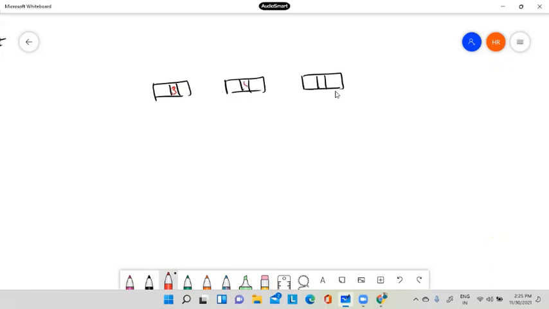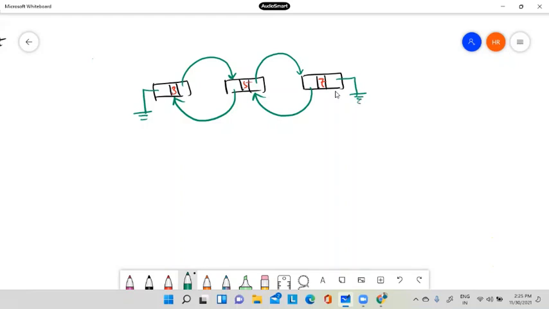Suppose the data is 3, 5, 7, then the picture will be like this. This one is null, this one points to this node, this one points to this node, this one points to this node, this one points to this node. This is again null, and this is the head pointer. Okay, and there must be another end pointer.